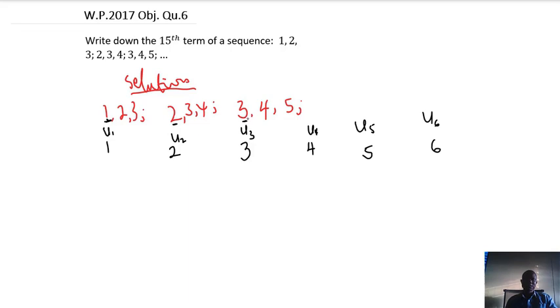And when you go to the third term, the first term is 3, we add 1 to it to get the next term, which is 4. We add another 1 to get the next term, which is what? 5. So this means that